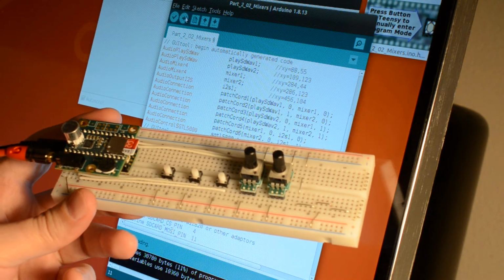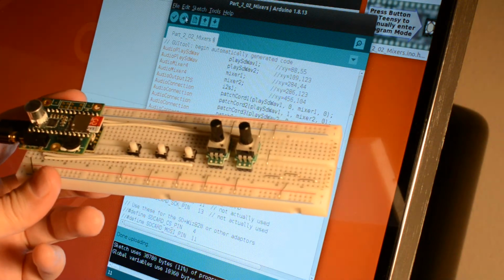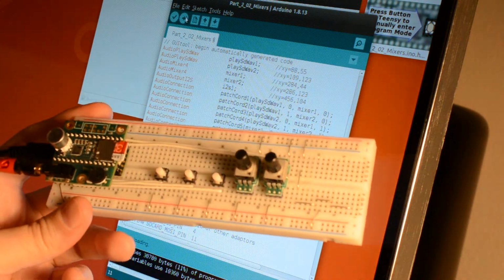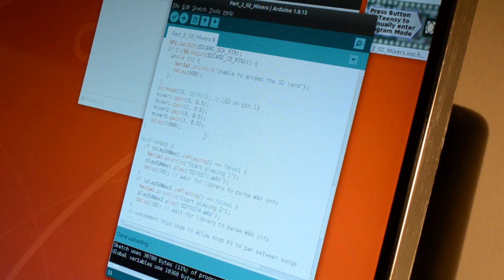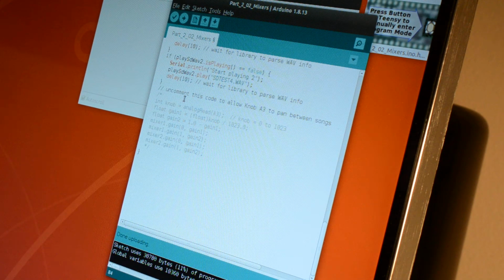Hopefully the sound is making it into the video. You can hear it playing on a speaker. We should be hearing both songs. So now the part that was in a question on the forum is, how does this fader part work? So let's uncomment this code